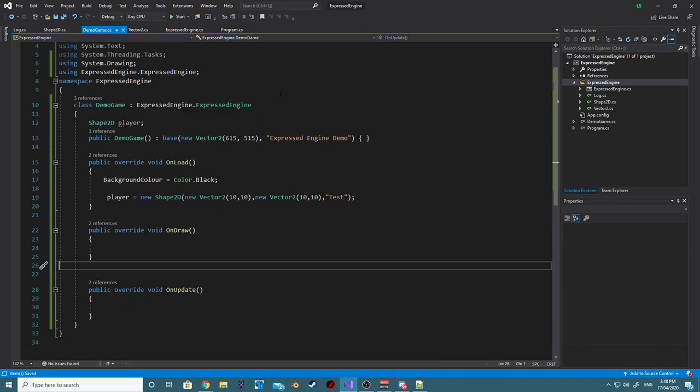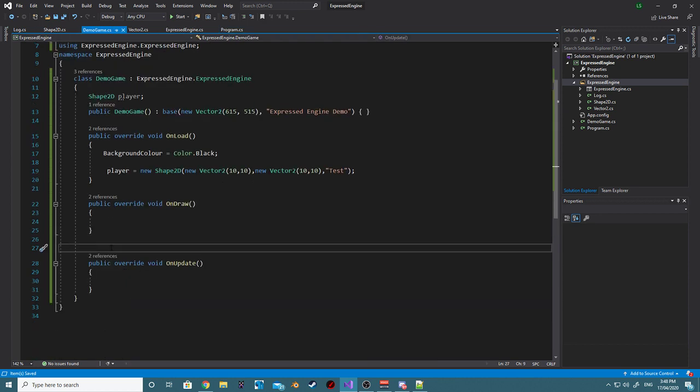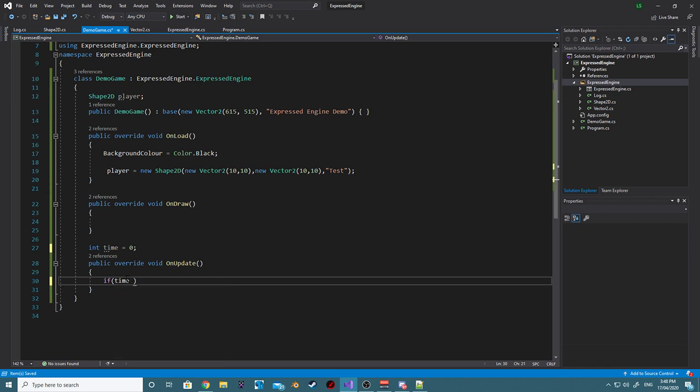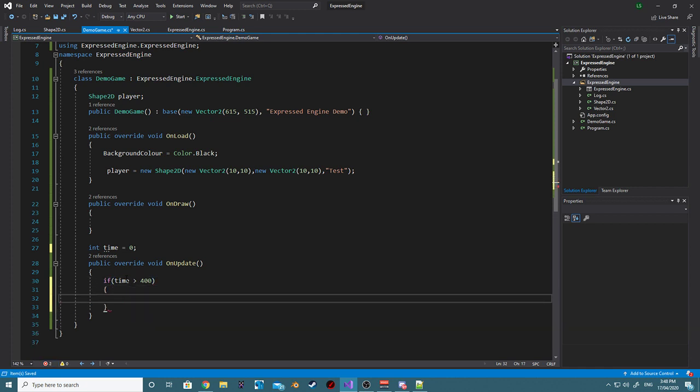Okay, so let's make a temporary timer. So that frame counter we had, let's just say time equals 0. We'll say something like if time is greater than, I don't know, 400, then we can say player dot destroy self, and this is,